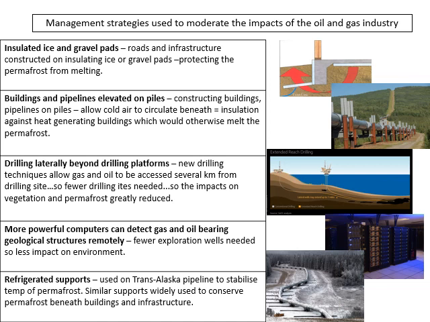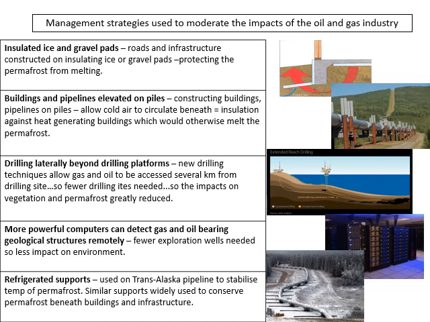They've looked at ways that they can drill laterally, so sideways from the drilling platforms. So they can get the oil and gas several kilometres from the drill site. So they don't need as many drill sites, so they're not having as much impact on the permafrost. And they've used their powerful computer models to actually detect where the gas and oil is within the rocks, rather than exploring, putting these exploration wells in to see if they do strike oil, they do strike gas. They can actually use computer models to find where it is, rather than having to have lots of sites